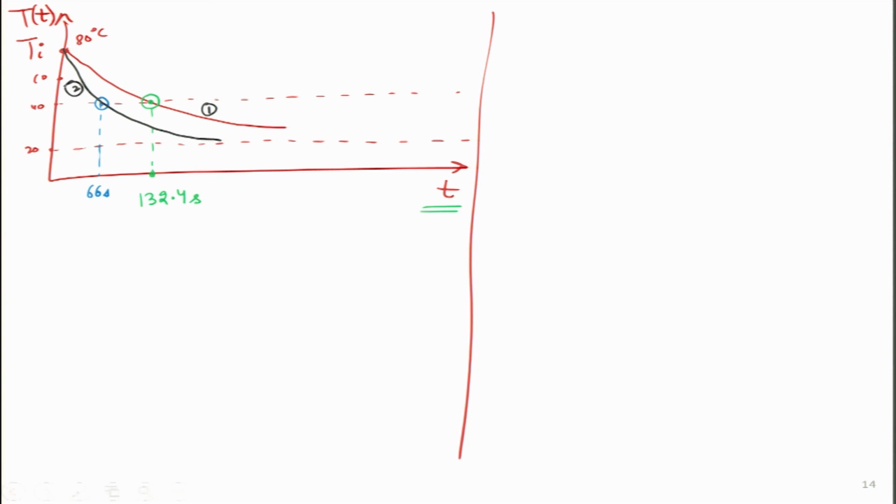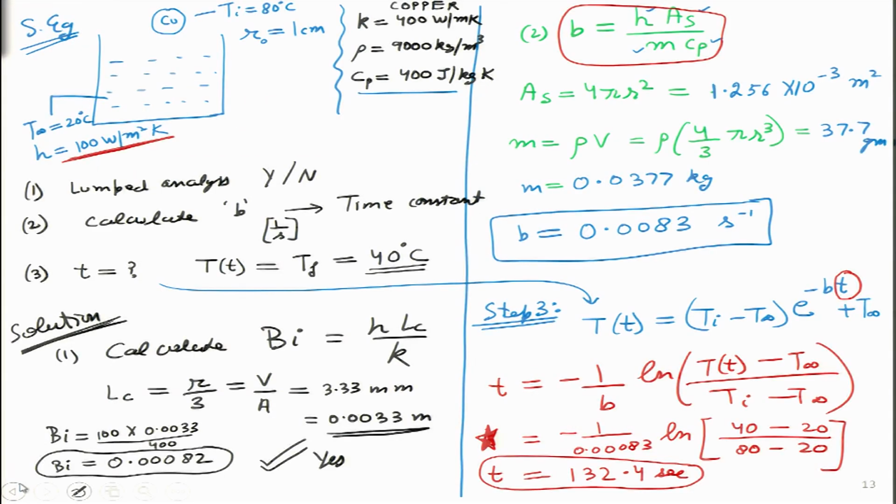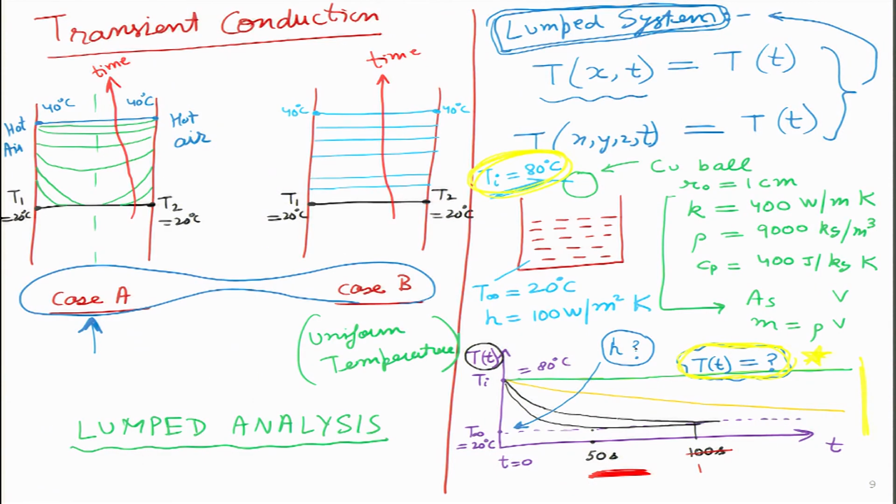Now, we will ask the question: what is actually increasing in this direction? If I pose that question to the students, now we can immediately tell by looking at the answer over here, it is simply B. If I go back to the second slide over here, did I write? Yeah, here we have written H with a question mark, but actually it is the B. B is the time constant.